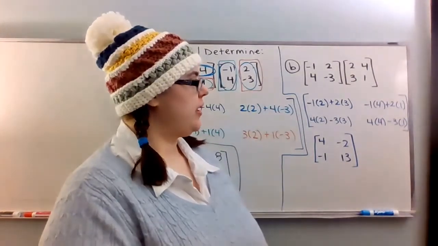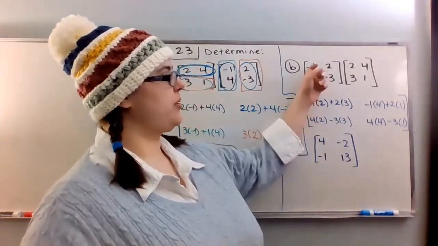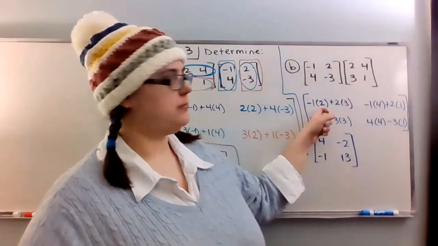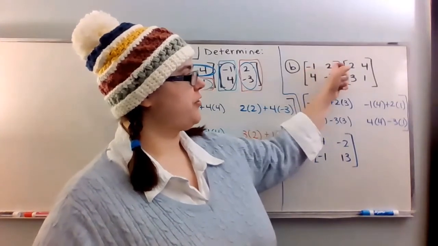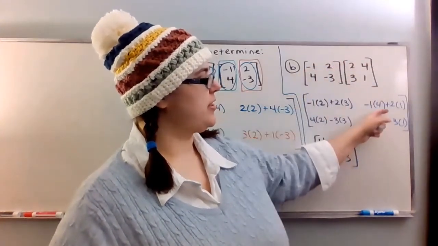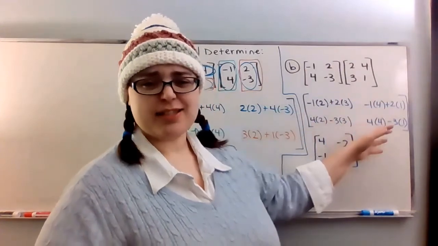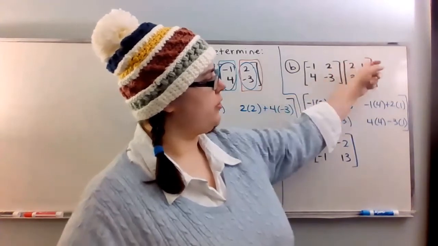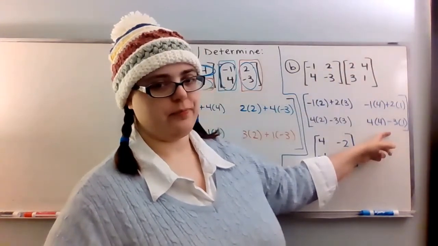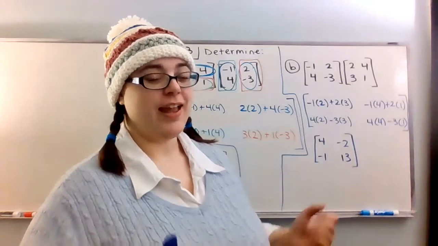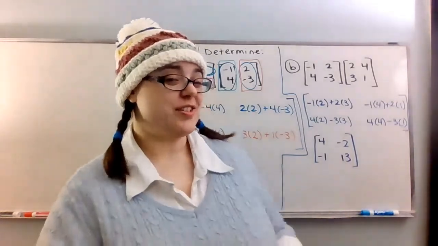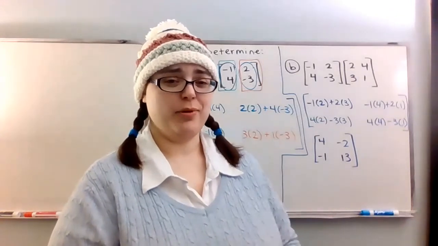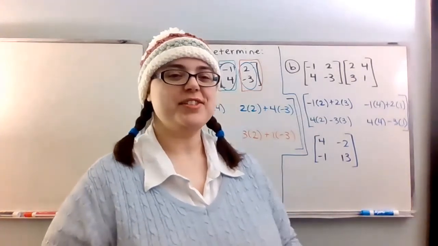So what I did, I followed that same movement. I multiplied across the first row and down the first column to get this entry here. And then I went across the first row and down the second column to get this entry here. And then same kind of game, second row, first column for this one, second row, second column for this one here. Now, in addition to some extra practice with multiplying matrices, one of the other reasons I wanted to do this example is because it reveals something